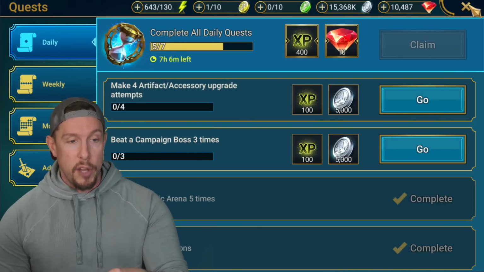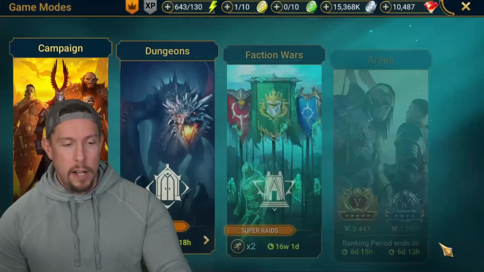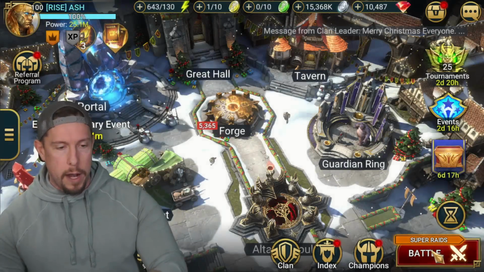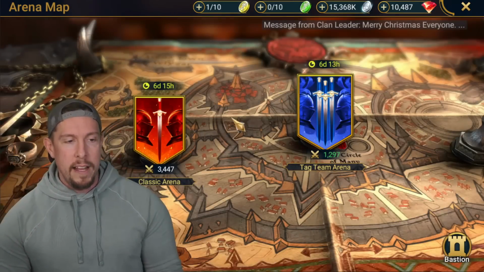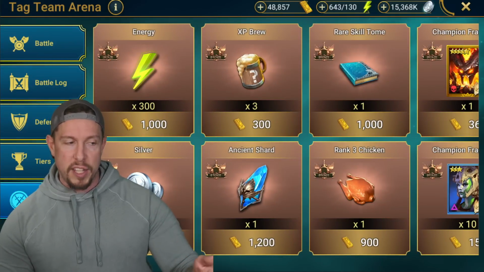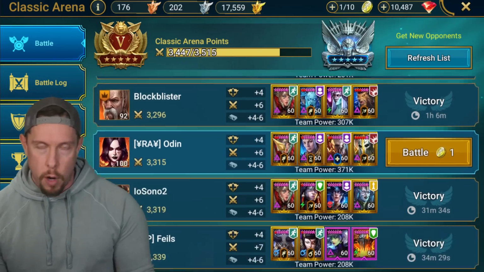Remember how we said the Great Hall, for those of you who forgot, right up here, is attached to the arena. I'll just show you the battle. By the way, all the dungeons and everything in this game are in the battle button here in the bottom right hand corner. So you can see the arena. There's 2 arenas, tag team where you have 3 teams, and you can use the shop to buy stuff for the tag team feature. But regular classic arenas are where you're going to spend more of your time in the beginning